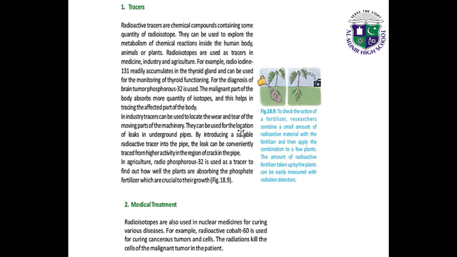They can be used for the location of leaks in underground pipes by introducing a suitable radioactive tracer into the pipe. The leak can be conveniently traced for higher activity in the region of crack in the pipe. In agriculture, radiophosphorus 32 is used as a tracer to find out how well the plants are absorbing the phosphate